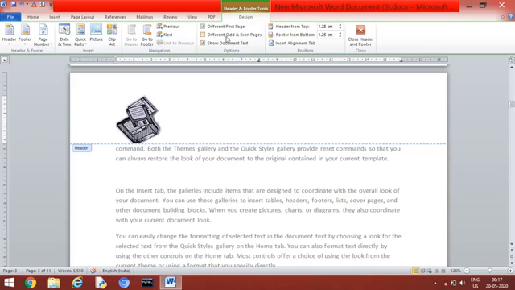Okay, now different odd and even pages. In this, in odd pages you can give a different header or footer, and in even pages you can give a different header and footer. Let's understand how.